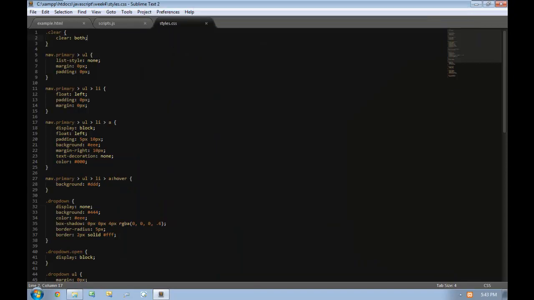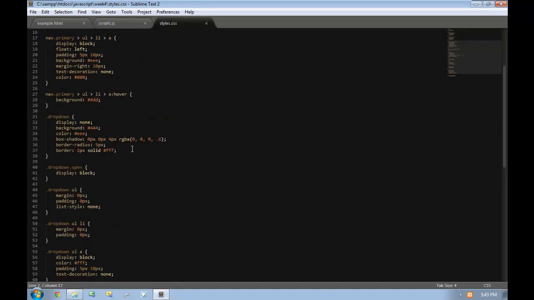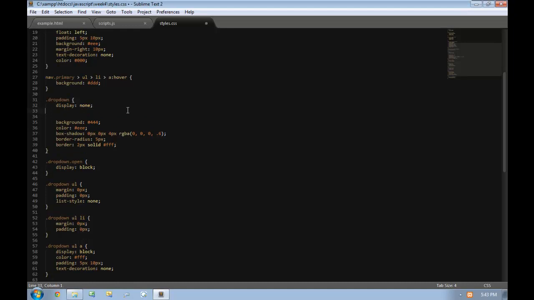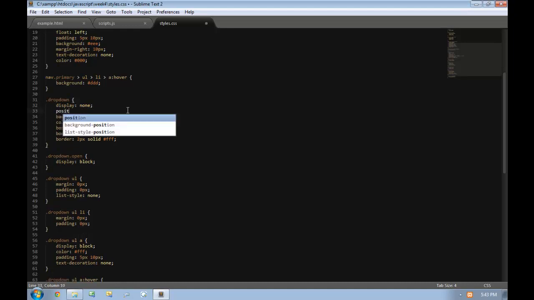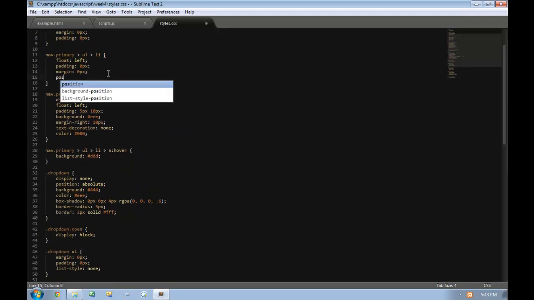So to do that, we can fortunately implement most of this just in terms of CSS. Now, I certainly could go into JavaScript itself and figure out the positioning manually. And that is what some people do. It really depends on the circumstance. But in this case, I really want to showcase the power of CSS and get that implemented the way that we should have it implemented by giving our drop-down elements a position of absolute, giving our nav primary ULLIs a position of relative,